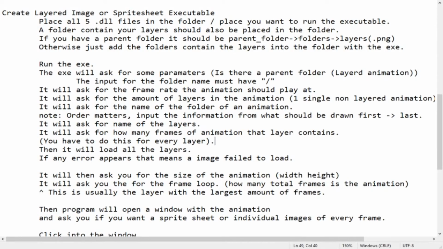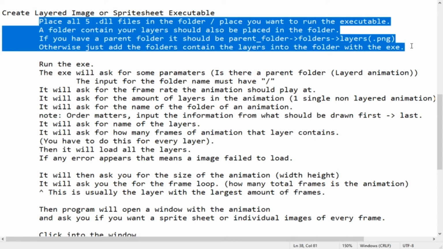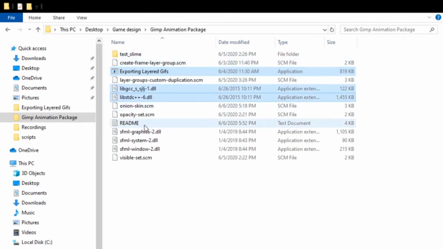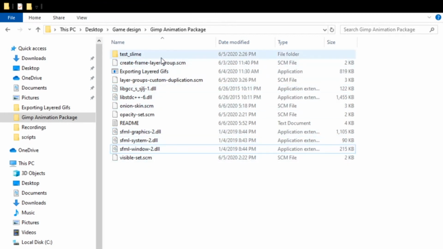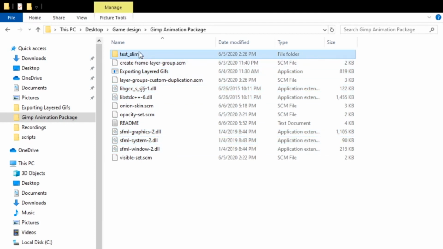So I also made an executable which takes your animation, your layers, and creates an animation out of them. So what you need to do is place all the DLLs and the executable in the same folder as all your layers, and it should look like this. Well, there's an example in the downloads folder. If you look here, I have my executable, my DLLs, and my testing animation that I made. So all these things must be in the same folder, and then you have your animation inside that folder. So if we run it,